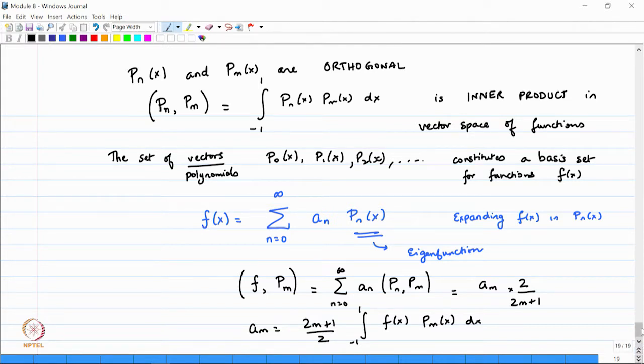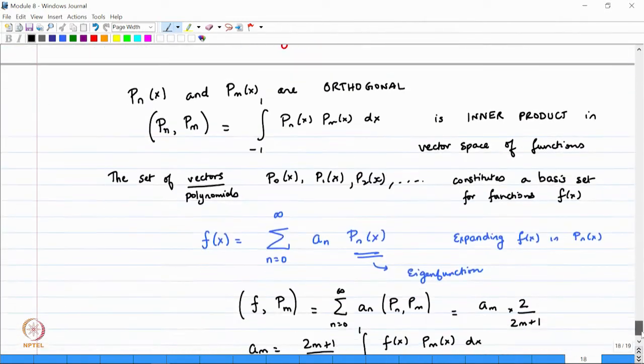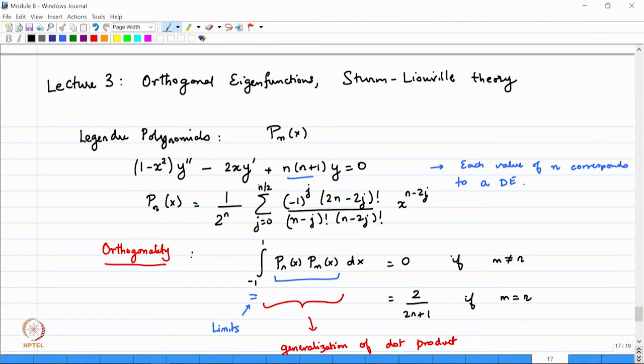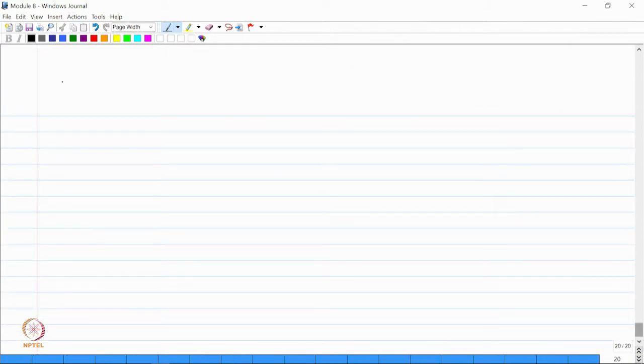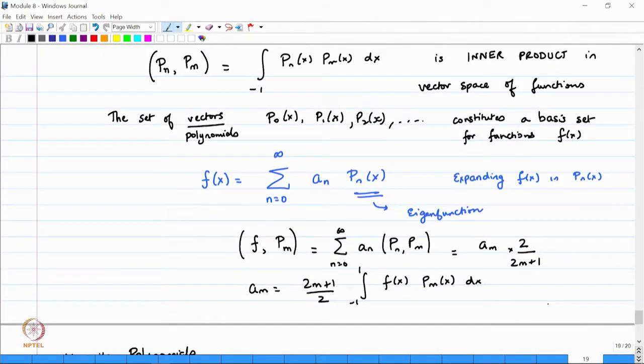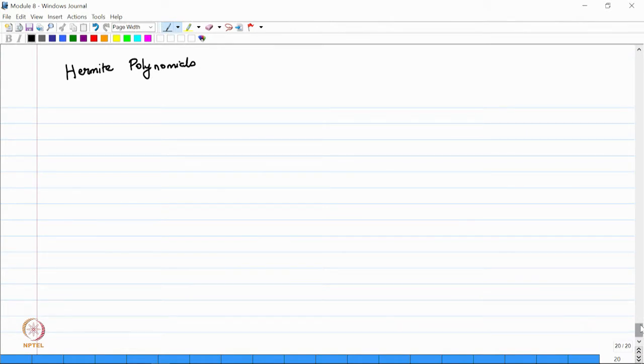Now this is a very powerful method, and we showed this for the Legendre polynomials. The Legendre polynomials are solutions of the Legendre differential equation. Now, you could have other polynomials that satisfy other differential equations, and they could also be orthogonal. For example, you could have the Hermite polynomials. Incidentally, the Legendre polynomials appear in the rotational degrees of freedom of a particle. The Hermite polynomial is used to describe the vibrational degrees of freedom of a molecule. That is a harmonic oscillator. So, they appear in the solutions of the quantum harmonic oscillator, whereas Legendre polynomials appear in the solution of the